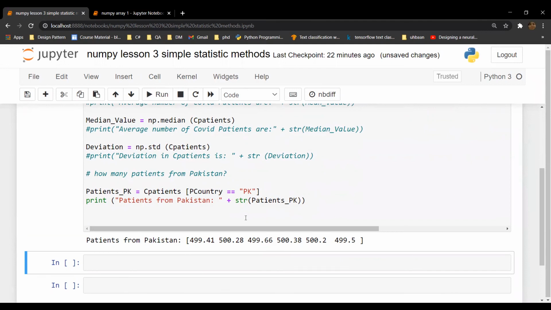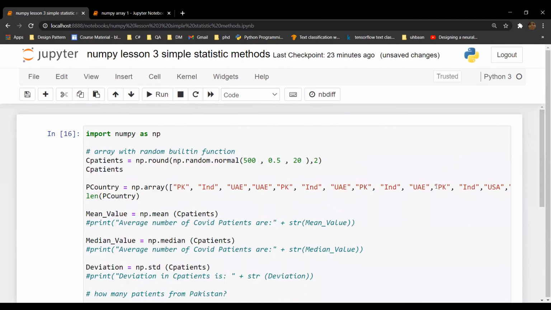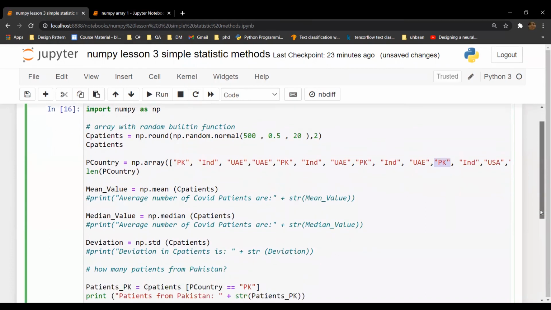At the first index, and then at the fourth index, and then again here we have PK. So it will simply match the index number in both arrays. So 0, 1, 2, 3 and 4, we have PK at 0 index. Then we have PK at 4 index, and then 5, 6, 7, 8, 9 and 10, at 10 index. And the values at 0, 4 and 10 index are fetched and recorded in the patients_pk array.